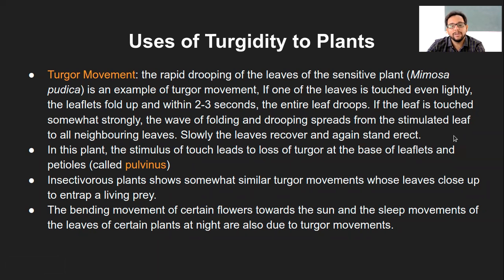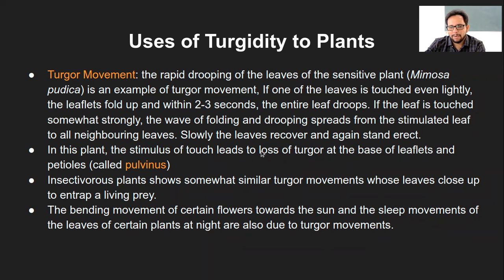Now you might wonder, how does it happen? Obviously there are certain cells which are sensitive to touch. You have probably heard of artificial sensors which you use in electronic devices. Something similar, like proteins, exist in nature, which are sensitive to touch and allow a certain sequence of changes in the events which will ultimately cause the turgor movement to build up the pressure. So that is the mechanism by which the touch-me-not plant closes and opens its leaves.